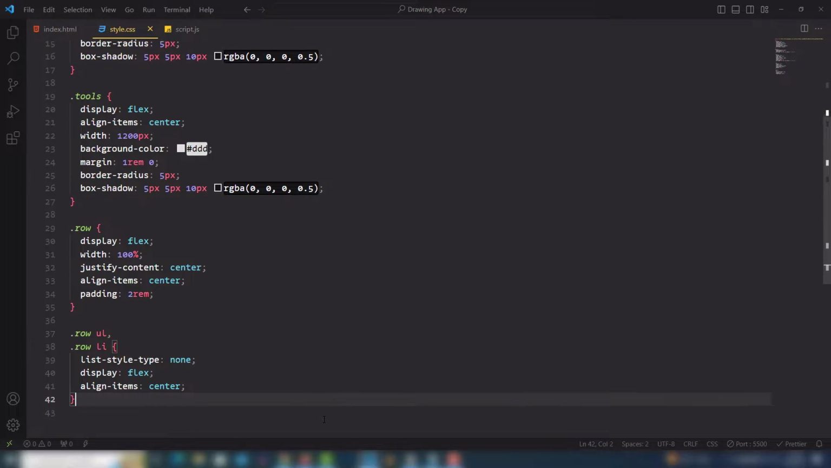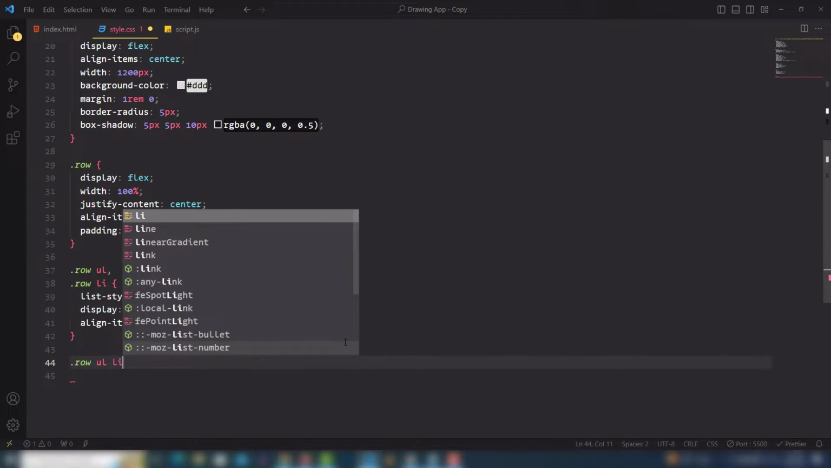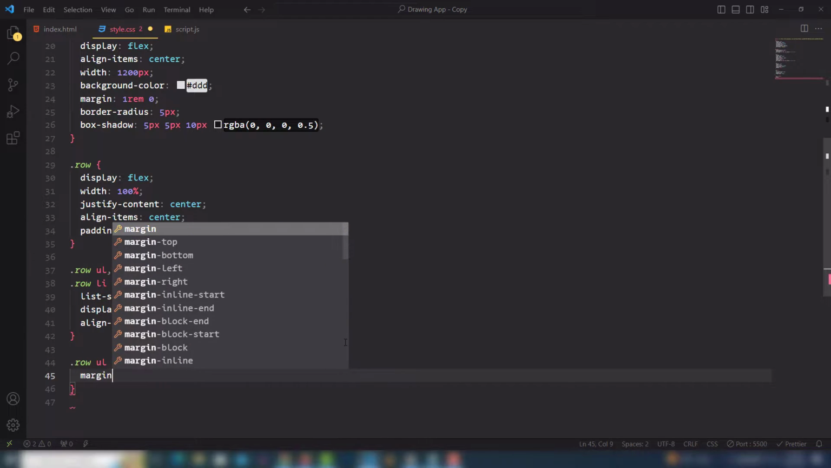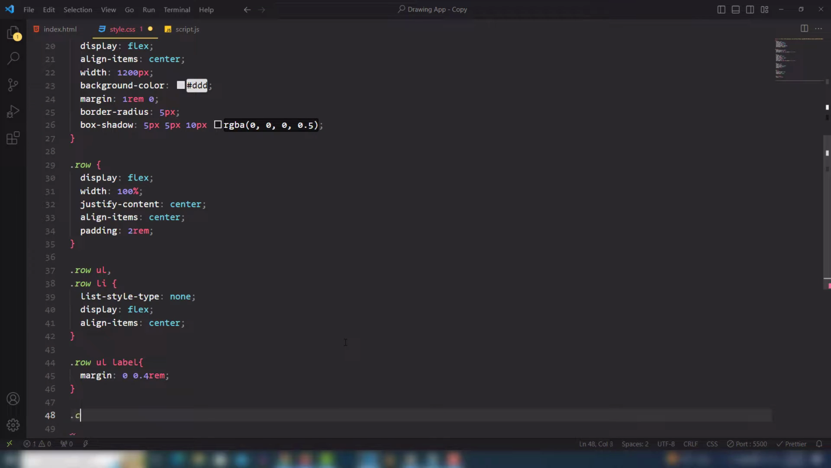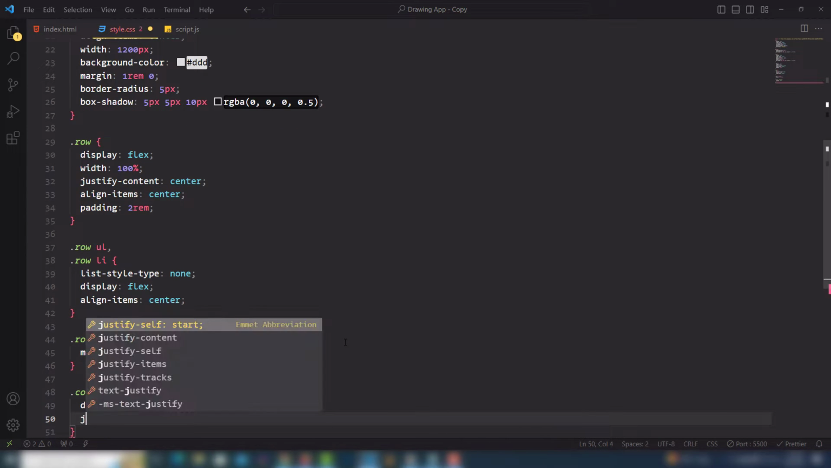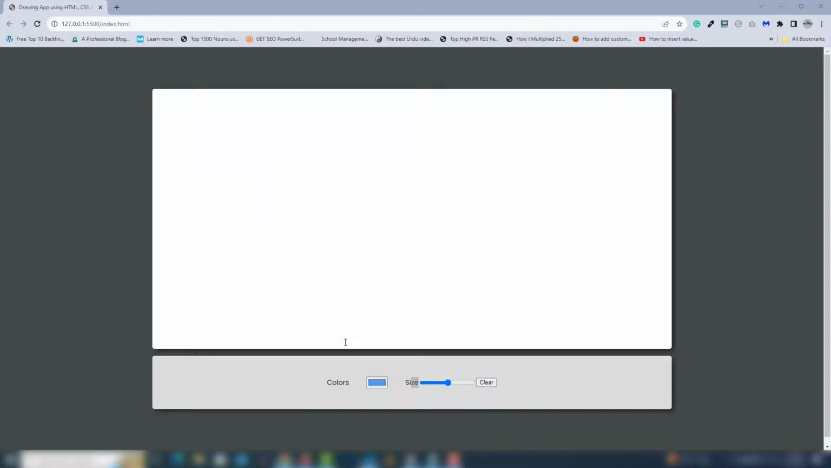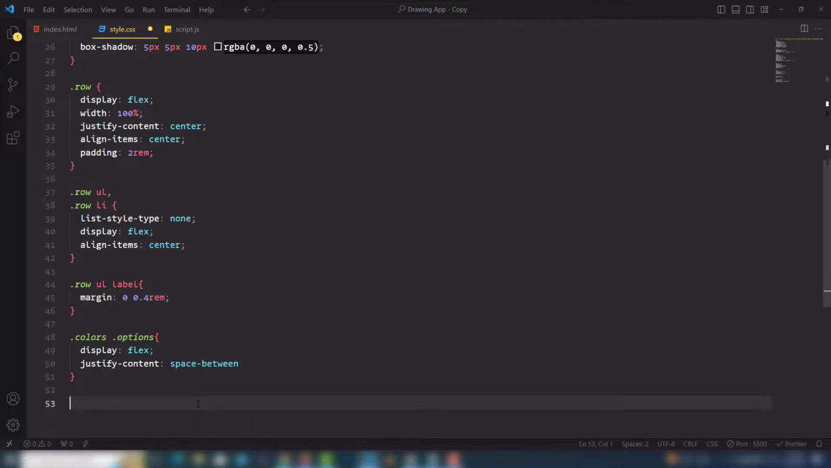Right, cool. So let's move on to the label tag. So row your label tag. I need to add the margin left and right to make a space. After that I need to select the colors, and after the colors have options, so I'm going to use display flex. Just if I can in the space between, just a minute. I'm going to use space between, and then I need to select the colors